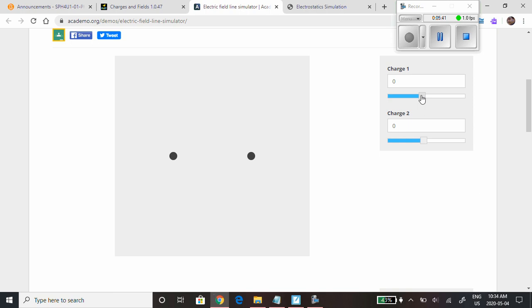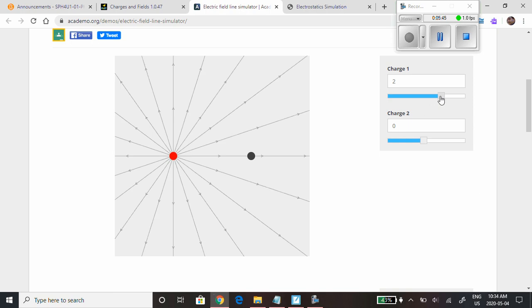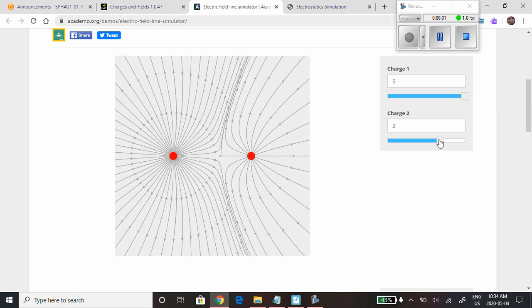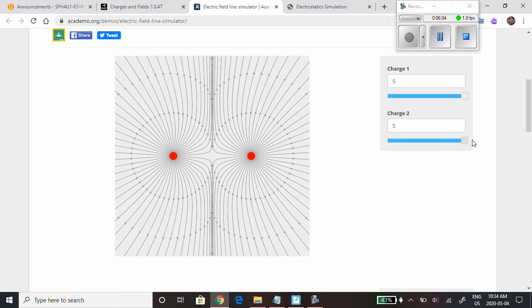Watch. Let's say we have a positive charge. I don't know, let's make it 2 and another positive charge right there. So the field lines interact with each other right here. The field lines interact with each other and create this composite. If we bump it all the way to 5, that's what it looks like, helping us visualize what the field